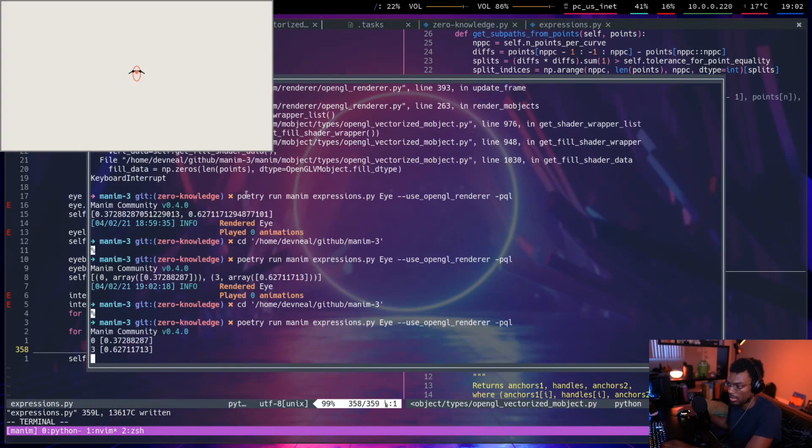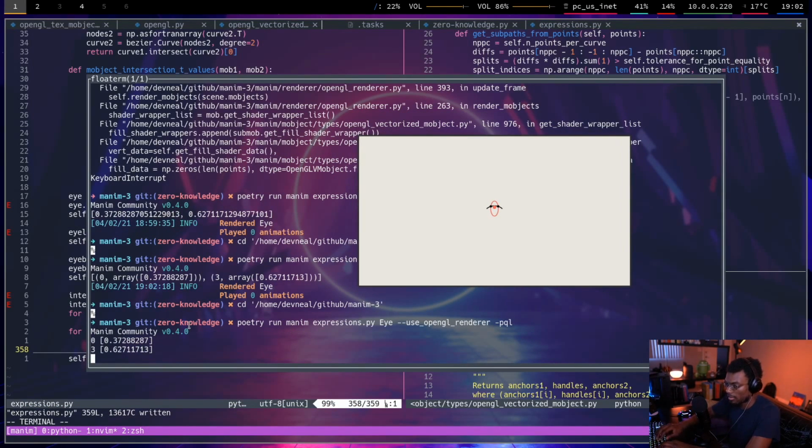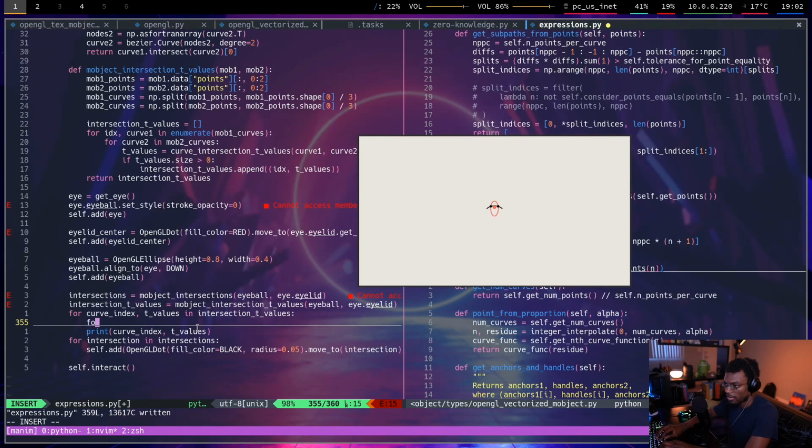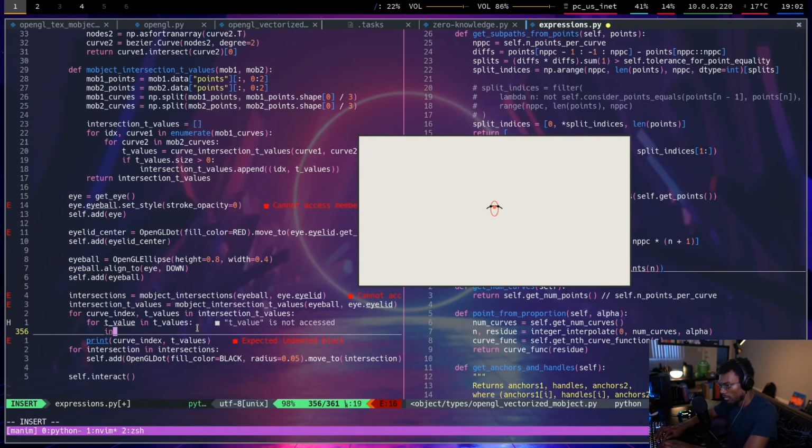Now just print these. Okay, so that's good. That's what I want. I can say for t-value in t-values, intersection point